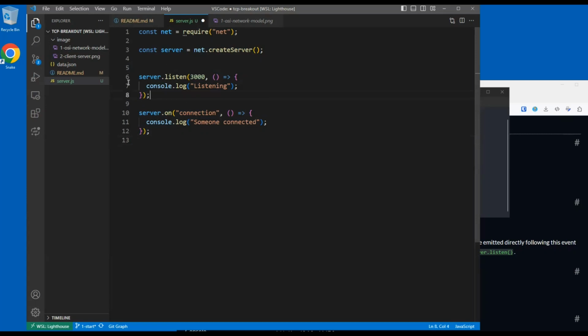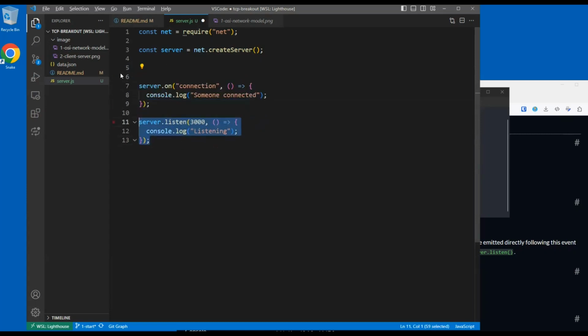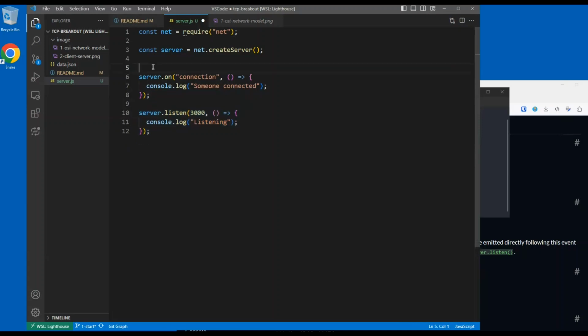Some people do like to put their listen at the end. I know I do, but that's only convention. It's not important. It doesn't matter what order because it runs all the code first, and then things start to happen. So it didn't matter what order you did it in. So we can listen to other events. For example,